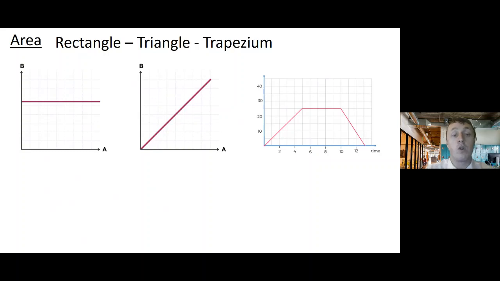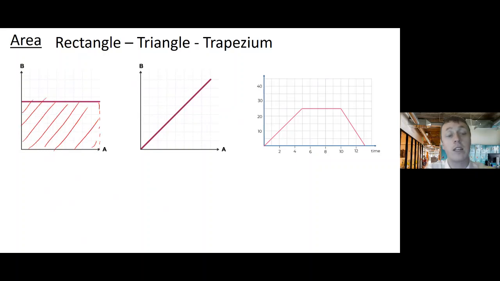So you might be asked in the exam to calculate the energy stored in the spring, or calculate the distance traveled, or calculate many other things, but you should by that point understand that a lot of those keywords are essentially asking you to calculate the area under the graph. So it could be this first graph here,